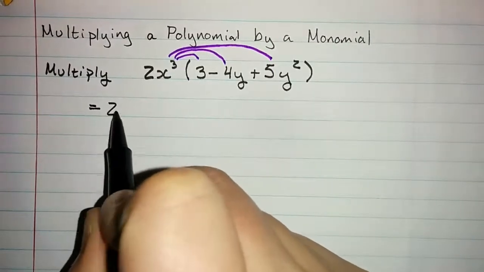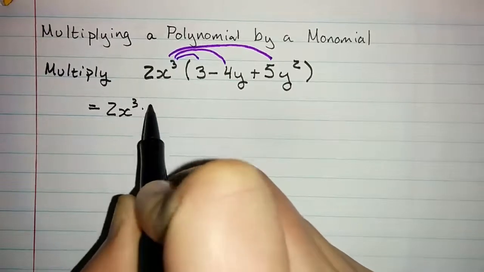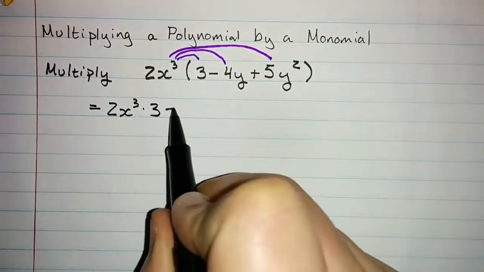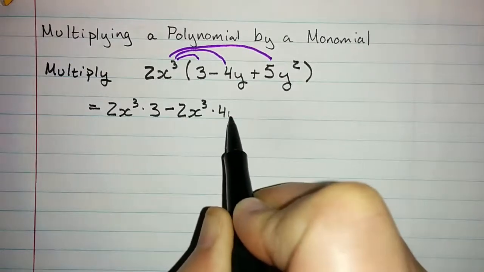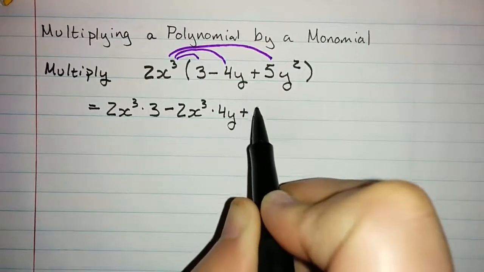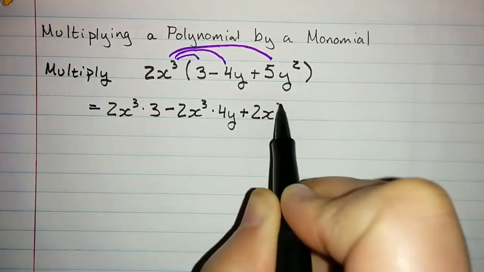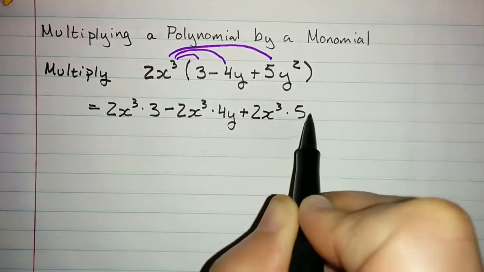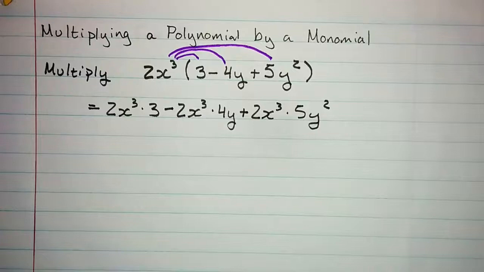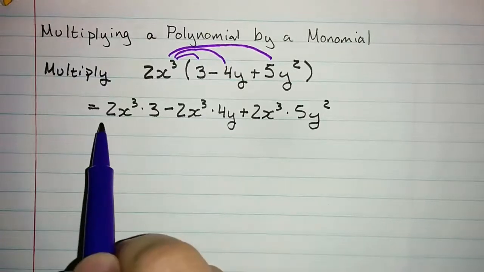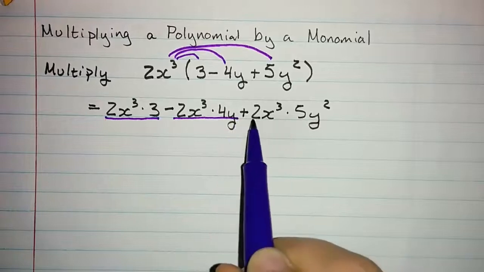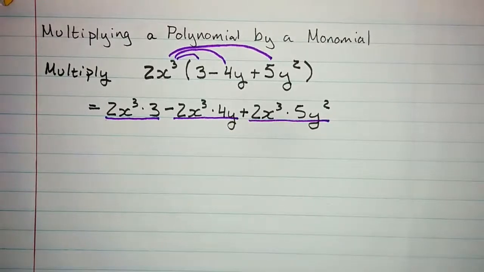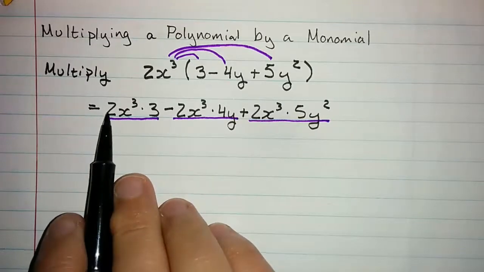We'll get 2x cubed times 3 minus 2x cubed times 4y plus 2x cubed times 5y squared. And now each of these pieces is a product of two monomials. We'll use what we know about multiplying monomials. We'll have